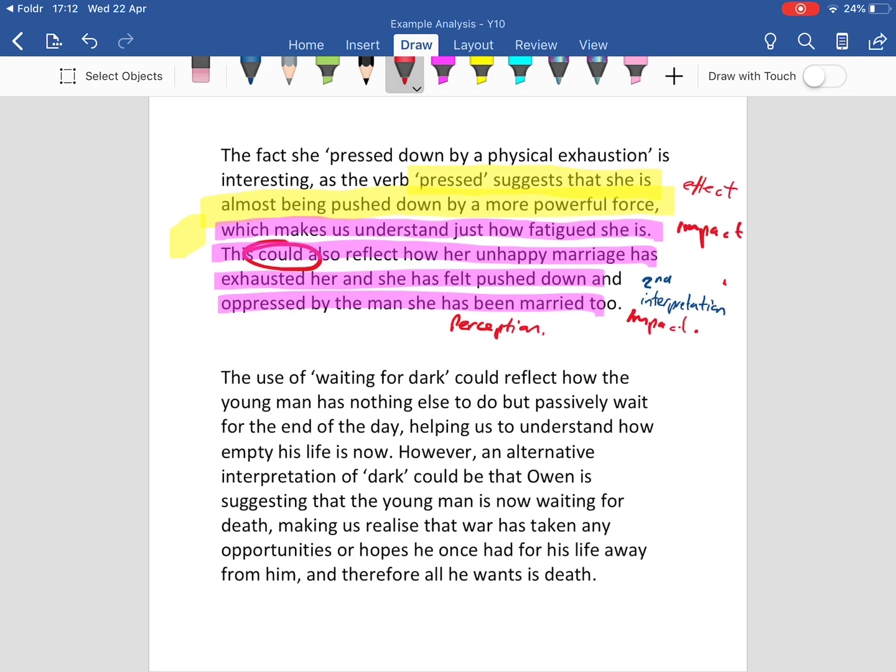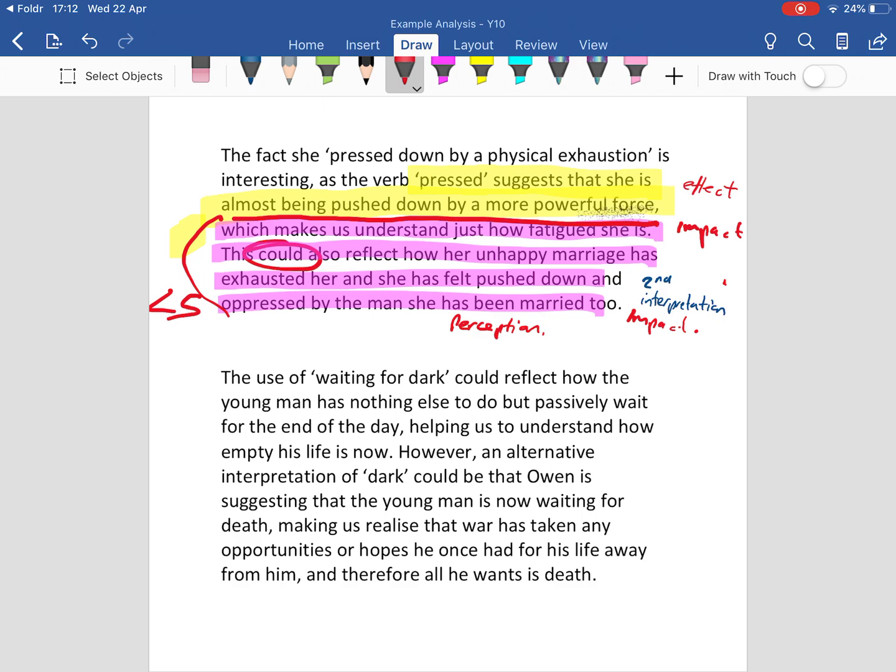And finally, one more point, sorry. So if you stopped your paragraph here, for example, if you stopped your analysis here, then you'll only ever get level 4. You can only ever be thorough if you went through lots of quotations. However, if you included this extra bit, then that's when you're starting to show perception. That's when you're getting into level 5 and you're getting into the 20 marks plus out of 24.